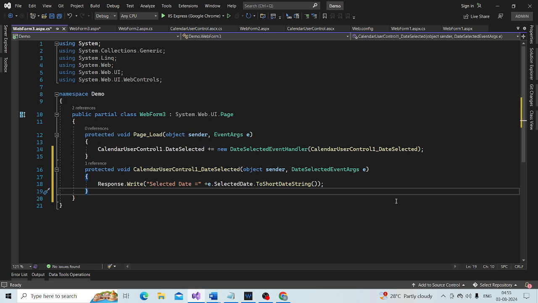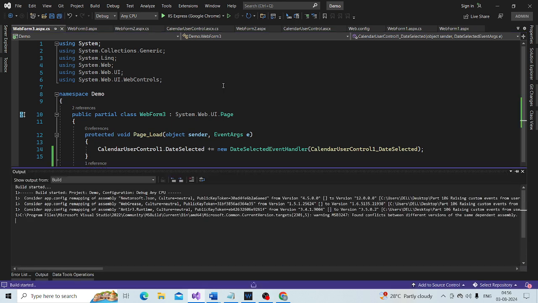So let me run this now. We are actually handling the event, associating the event handler to the event in the code behind file. Save the changes and run the project. And I select the date.